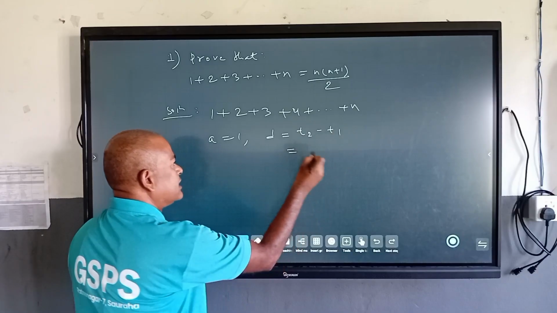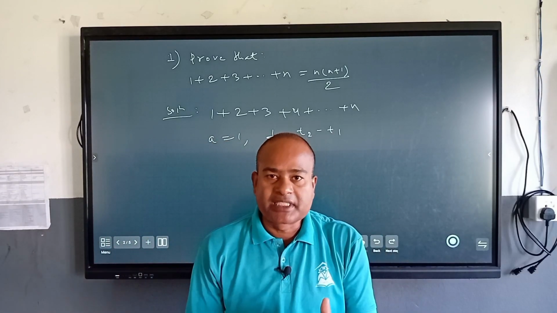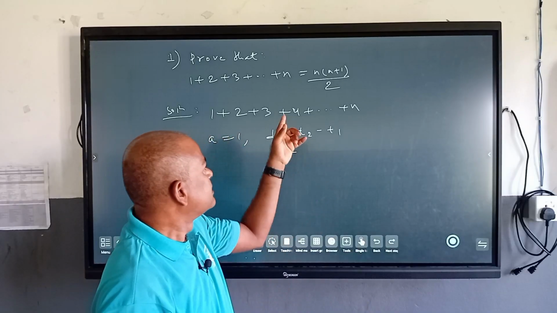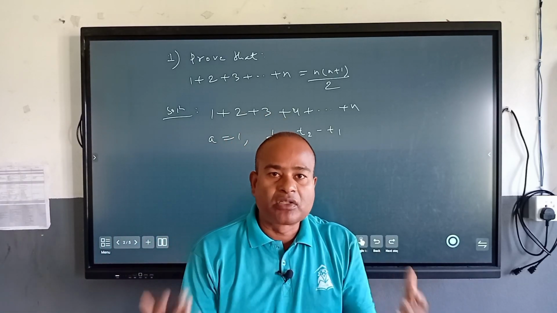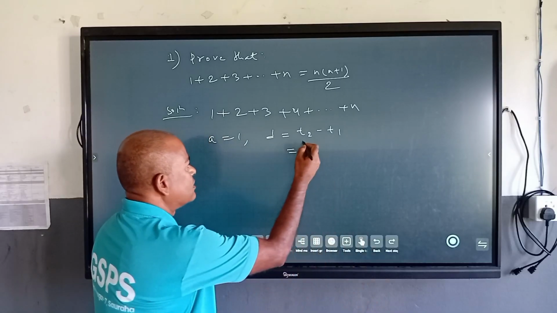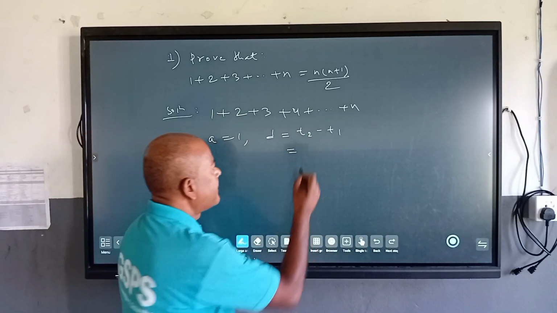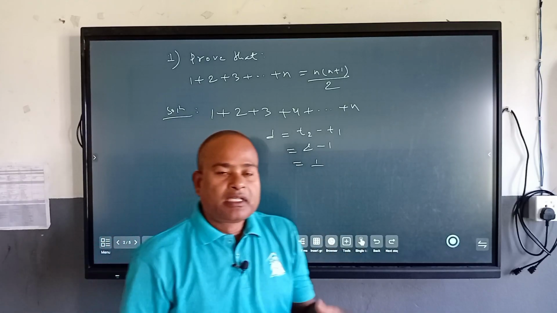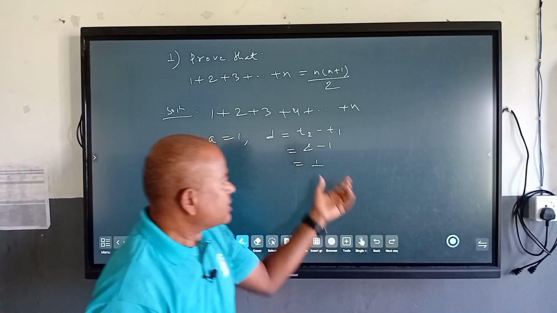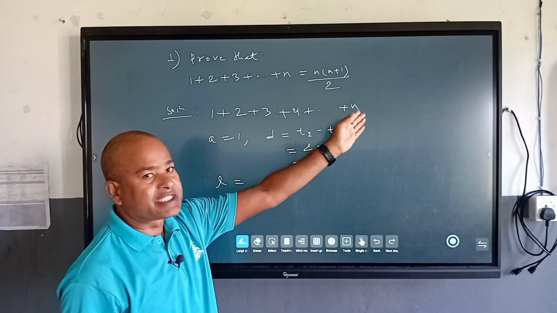Dear students, in an arithmetic series, the common difference is always the same. That means the difference between any two consecutive terms is always constant. So the common difference means t2 minus t1, second term minus first term. So 2 minus 1, we get 1. The common difference is 1, and the last term of this series is n,